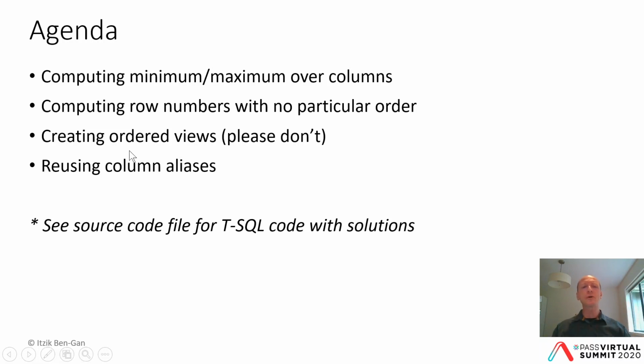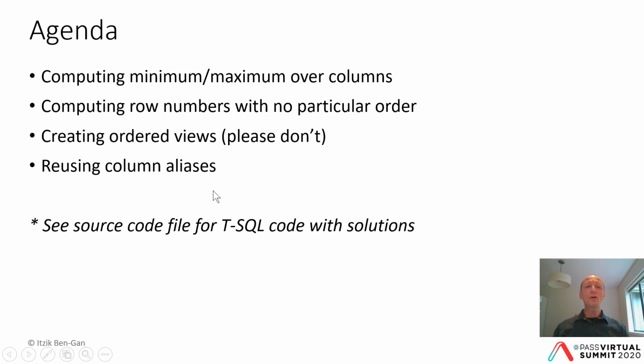Then a request that I've gotten so often, and I've seen many people attempting to achieve, but one of those things that are limited in the language for a reason. We will look at the typical requests people have to create sorted views so that their users can query those views and always get the data ordered without the need to add an ORDER BY clause in the outer query. So I'll talk about why the language and the underlying model actually reject this kind of idea, but still what kind of attempts people make and why they're not such a good idea.